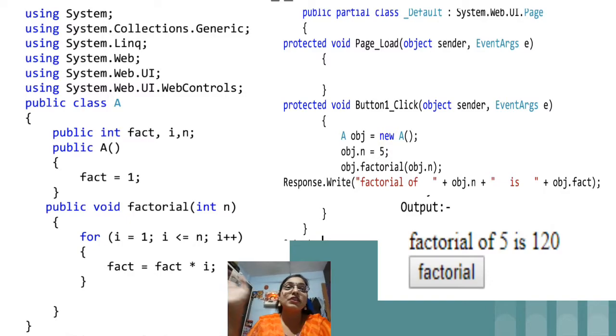So it is a very important variable within the factorial function. Now we have a simple for loop, which we have initialized with i equal to 1, i less than or equal to n. It means if we have 5, then the multiplication will take place 5 times. So the condition will be i less than or equal to n, and then we have i++. And in the for loop we have written fact equal to fact into i.